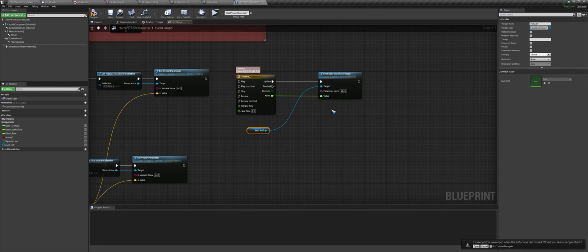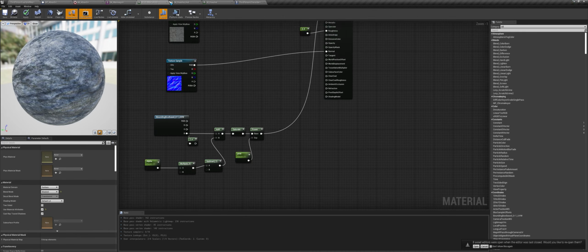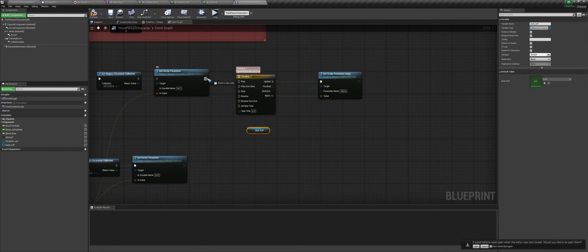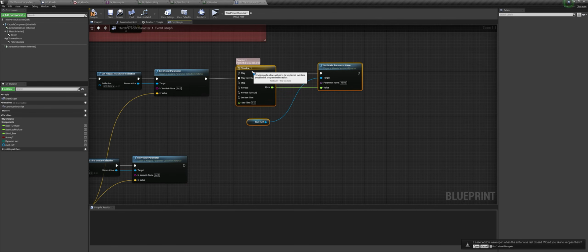So this alpha is from the mannequin, this alpha, and we are kind of setting that. So we will play from start, and we will connect this to reverse from end.